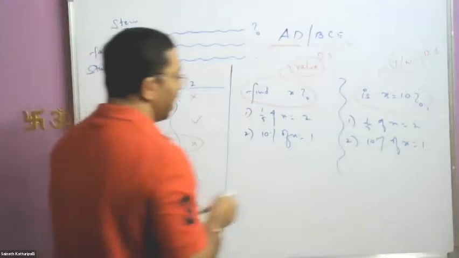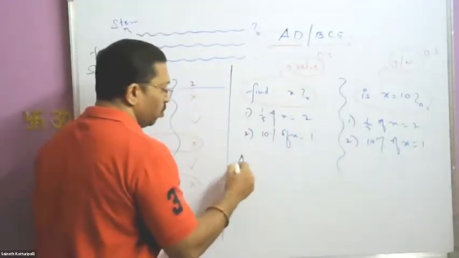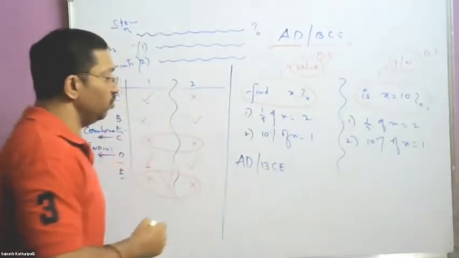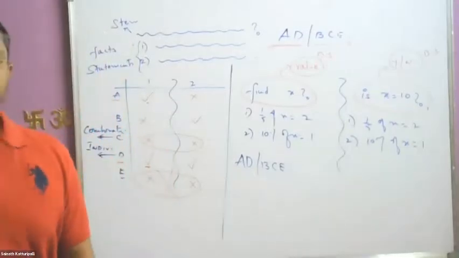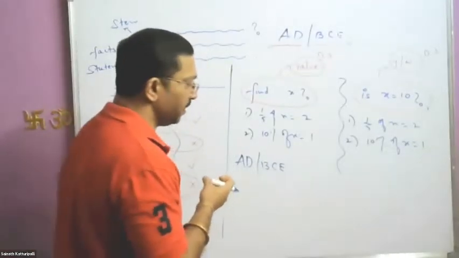Now, I hope you remember how to go about working this. Let's work it together. And I'm not going to help you on this question. In fact, you're going to help me. How shall we go about working this? First option we'll take, so we find the value of x. I'm saying we'll take the first option.